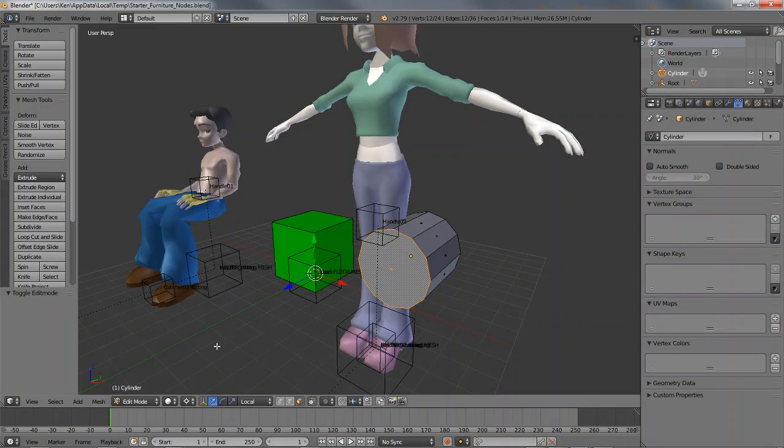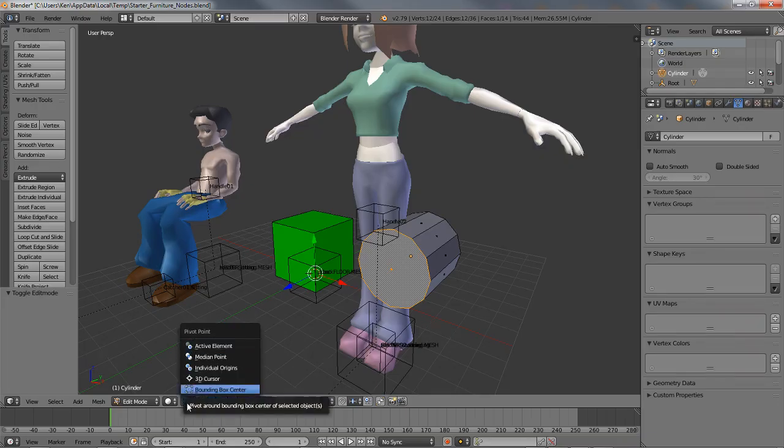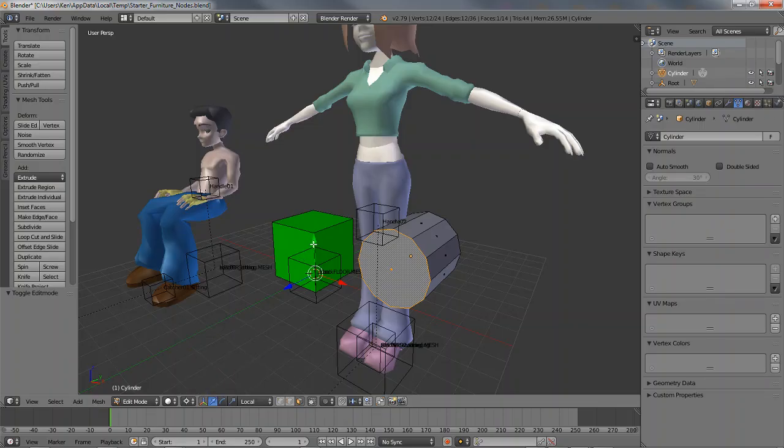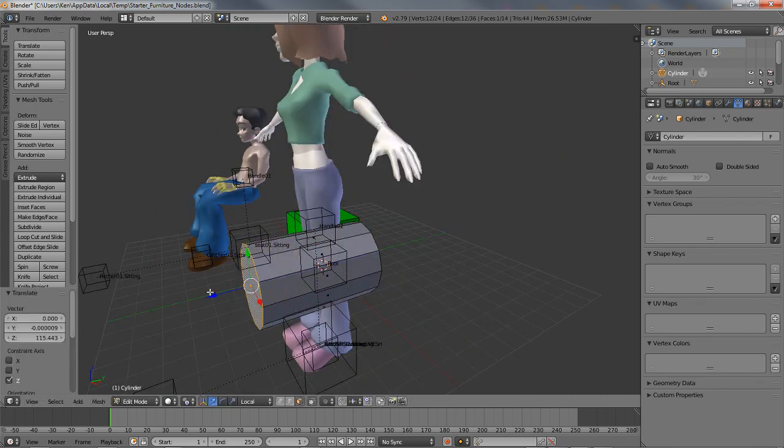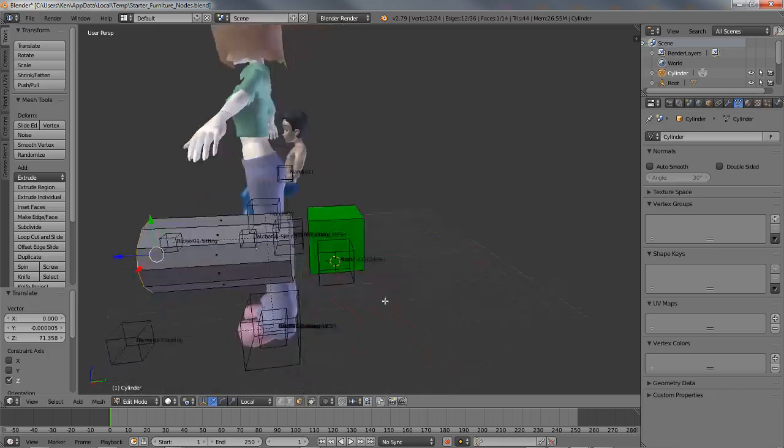So what we can do there is switch the pivot point, which is this button down here, and we want that to either median or the active element, and if you watch it'll jump to the selected face. And now we can grab the blue arrow, left click drag, and drag that to make it slightly larger,